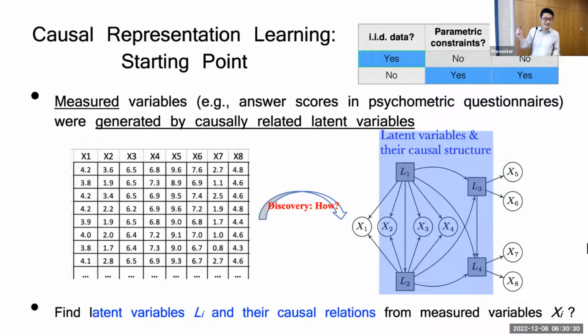Now, let me quickly say something about how to recover latent variables. Let me start with this kind of motivating example. In psychometric studies, very often we use answer scores, right? We use questionnaires and we have answer scores. We know the answer scores are dependent, generally speaking, but they are not directly causally related. By analyzing answer scores, we try to recover the underlying mental conditions and their relations, right? So we want to go to the hidden world with the hidden variables, mental conditions, and their relations.